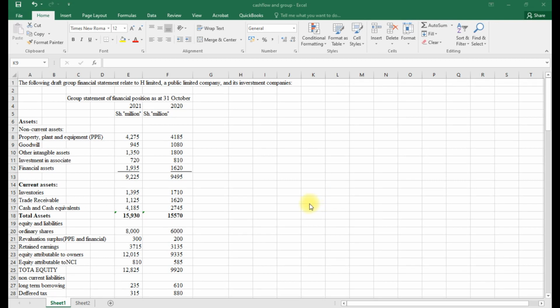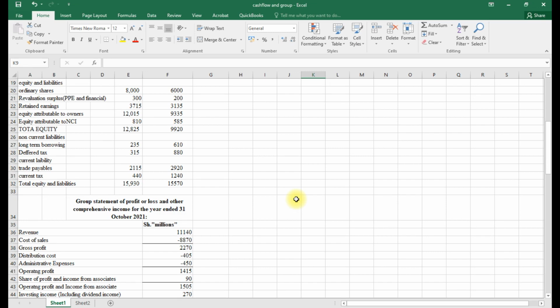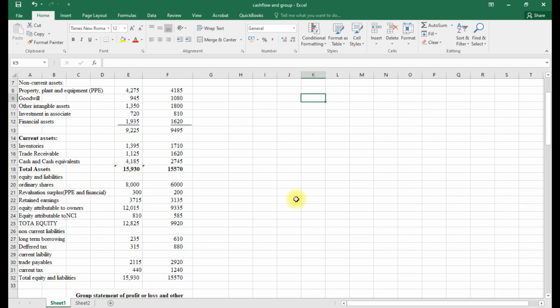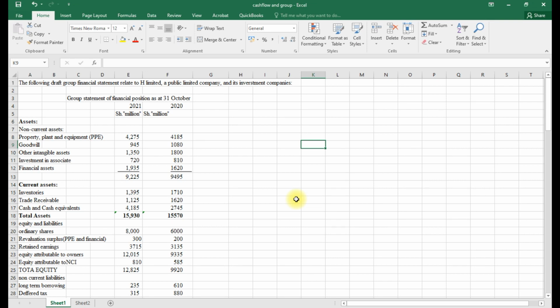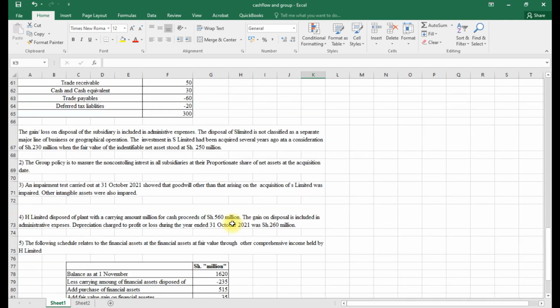It's another day that we're going on with our revision for business data analysis, and today we are going to look at a question on group cash flow, consolidated cash flow for a group, whereby we shall be dealing with the two items in this category: disposal, and we shall be dealing with acquisition later on. So today's question is where a group of companies, the holding company, is disposing of the entire subsidiary that it had acquired some years back. So we need to prepare the cash flow for that effect.